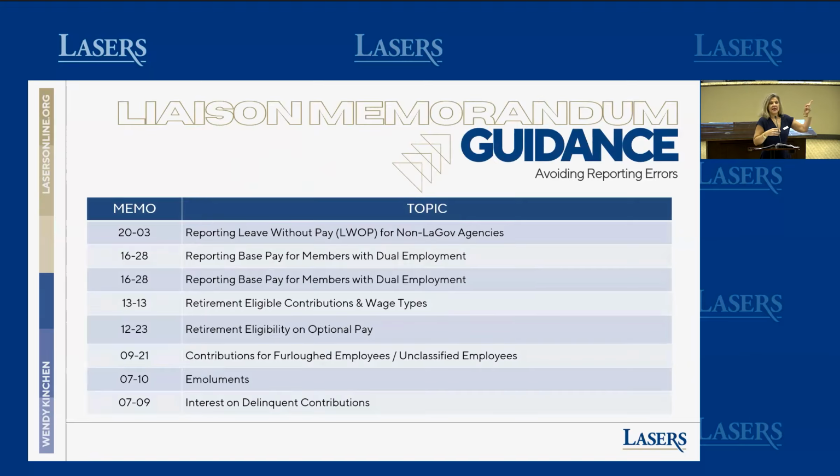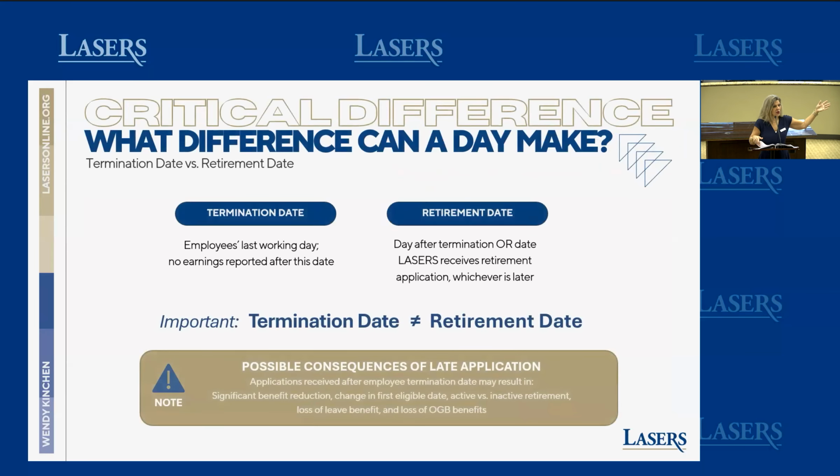So we do have the liaisons that go out and let you know about the rate changes. We also have the liaisons that talk about some of the other common reporting errors that occur. Again, this is a great resource for you, even if it was distributed in 2011, it doesn't mean it's not still relevant to you. It might be the exact answer or explanation that you need for whatever the process is that you're trying to do. And then I'm going to touch now on end of employment for your members,